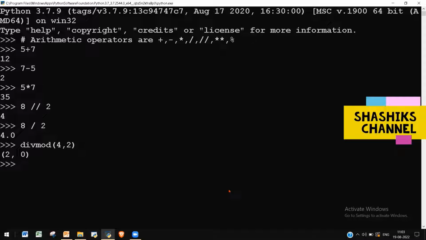The next is the exponentiation operator. The exponentiation operator is represented by star star in Python. Exponentiation is nothing but the raised-to-power operation. Exponentiation has right to left associativity in Python. That is, the order of evaluation of the expression will be from right side to left side and not from left to right. Say, for example, if I give